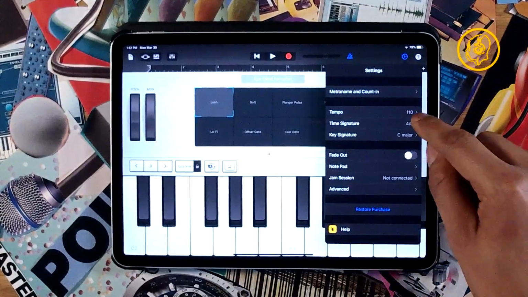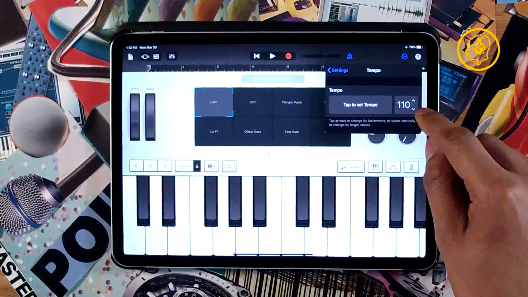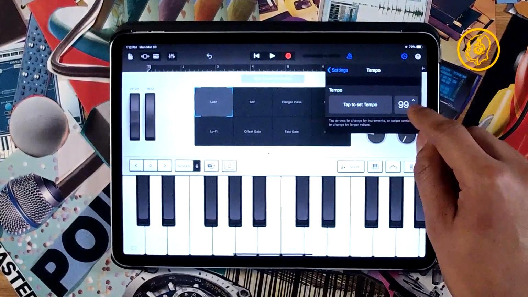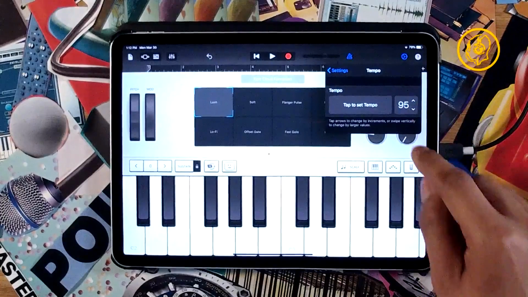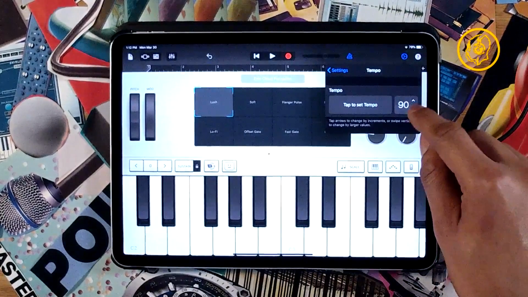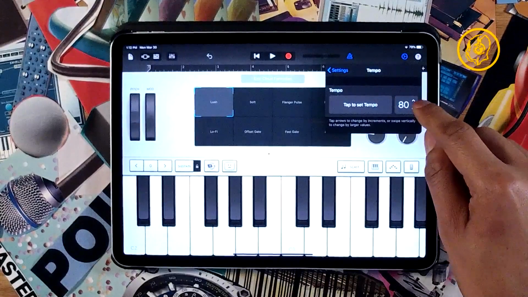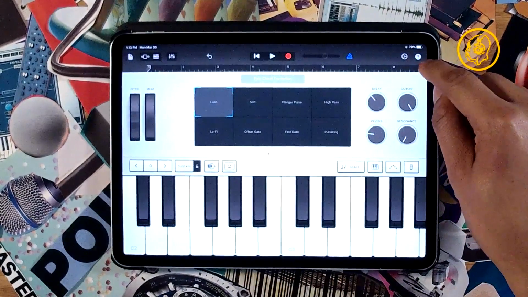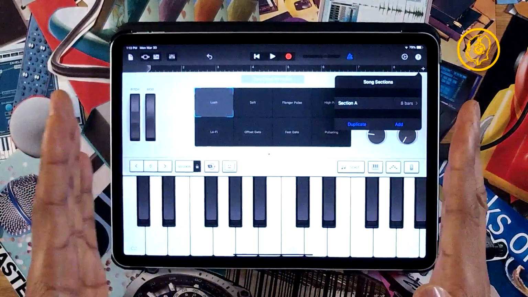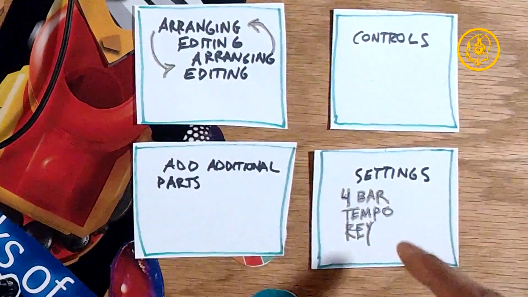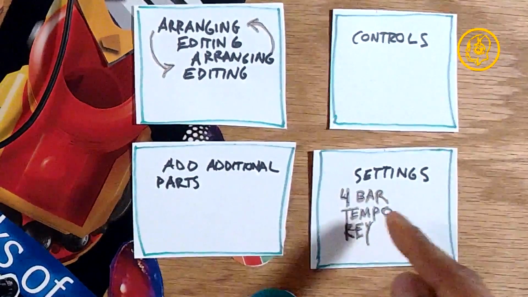Today, I'm feeling like maybe 95. That's what I'm feeling, okay? Nah, maybe I'm feeling 80. Yeah, 80. How about that? And then I want to go into this plus area right here and change the amount of bars that we work with. Remember, I've been a real stickler on utilizing 4-bar loops.